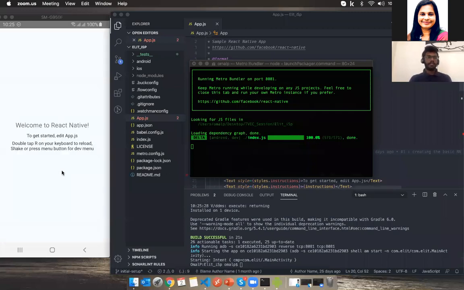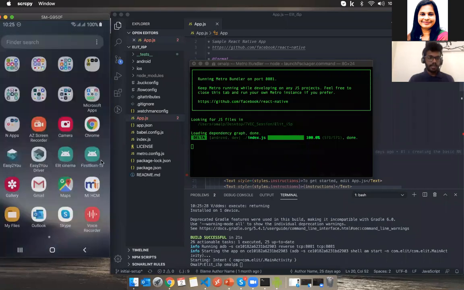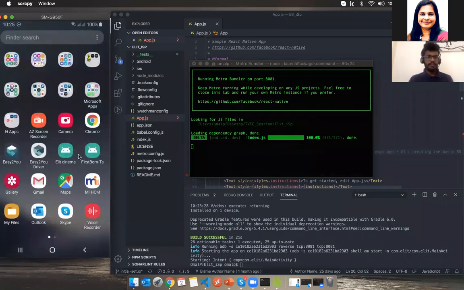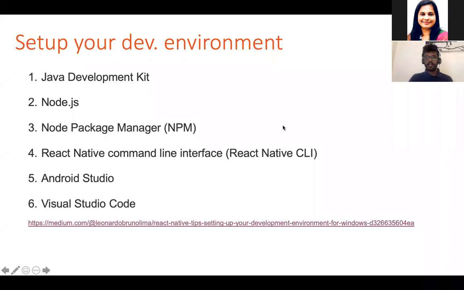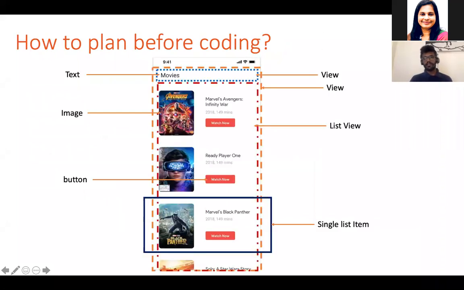All right, guys. So as you can see, now this is our application that we downloaded from React Native. This is the default app icon, and we can change it at any time. And this is the name we gave, and once we click on it, the app will be there. So we should convert this page to this view. That's our goal today.